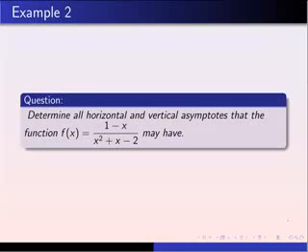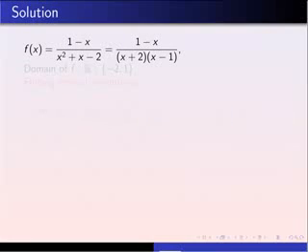Now, how are we going to proceed to answer such a question? We have two parts in this question. It's asking about the horizontal asymptotes and the vertical asymptotes. Let's start with the first part, which is the vertical asymptotes. In order to talk about vertical asymptotes, first of all, you need to know the domain of your